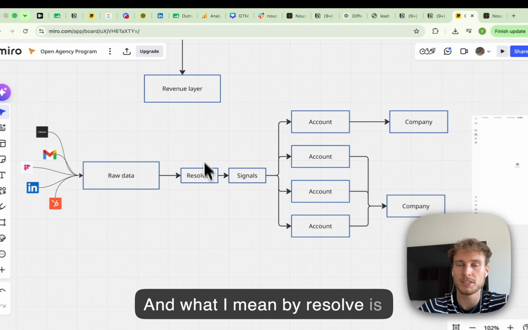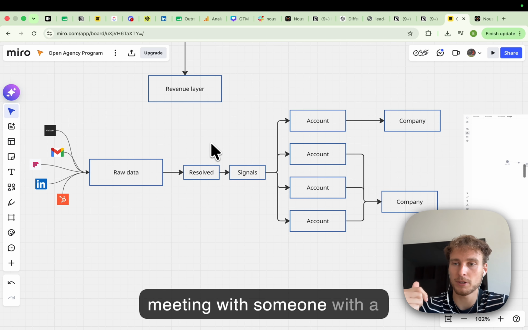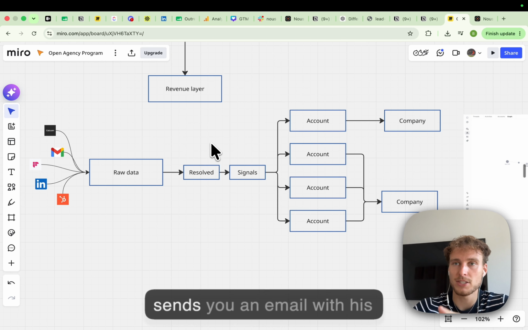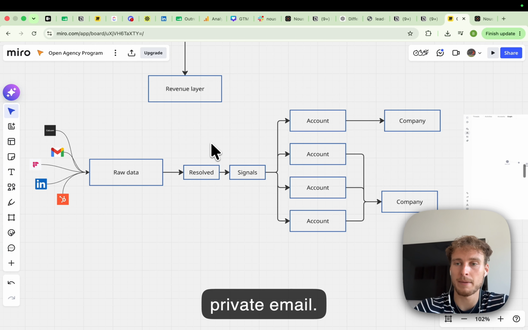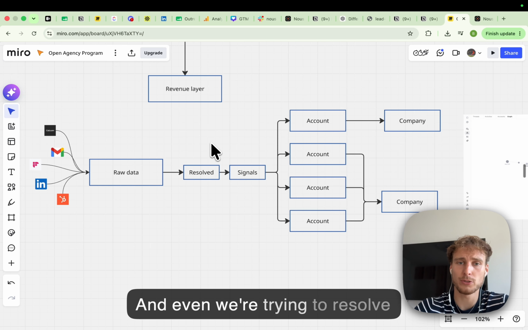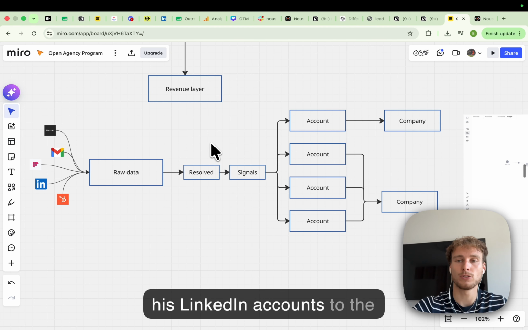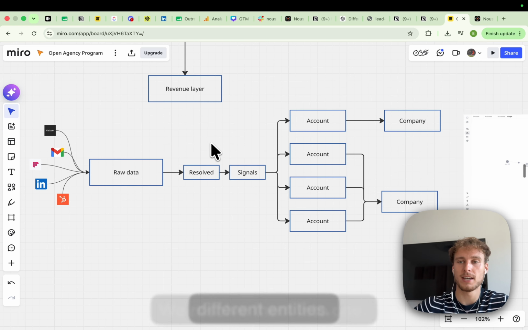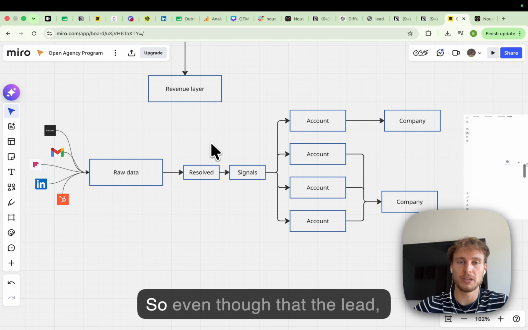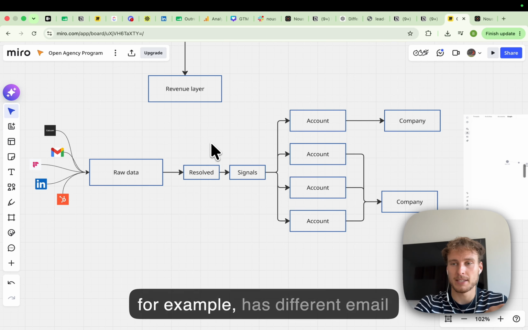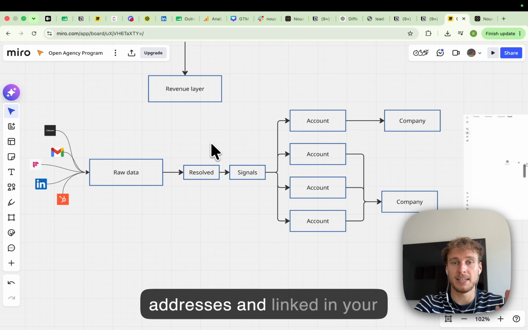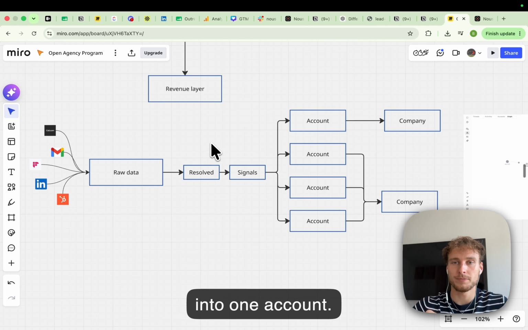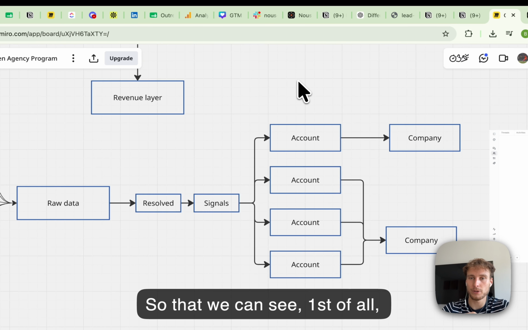And what I mean by resolve is that, for example, you have a meeting with a lead, and he joins the call with his business email, but then sends you an email with his private email. And we're also trying to resolve his LinkedIn account to the same email, to the same account. So instead of having 3 different entities, we resolve them into one. So even though the lead has different email addresses and a LinkedIn URL, we get them into one account